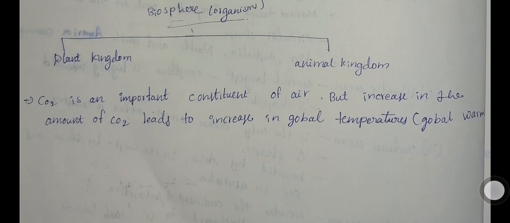Carbon dioxide is a very important constituent of air, because it is absorbed by the plants, which release oxygen for human use. But if you increase the percentage of carbon dioxide on the earth, it will lead to an increase of global temperature, because